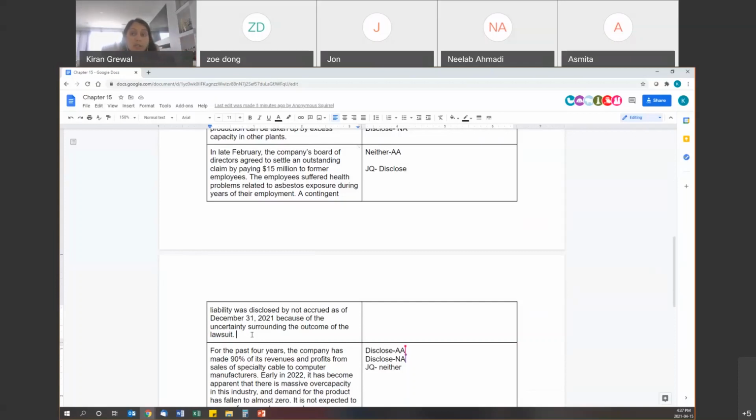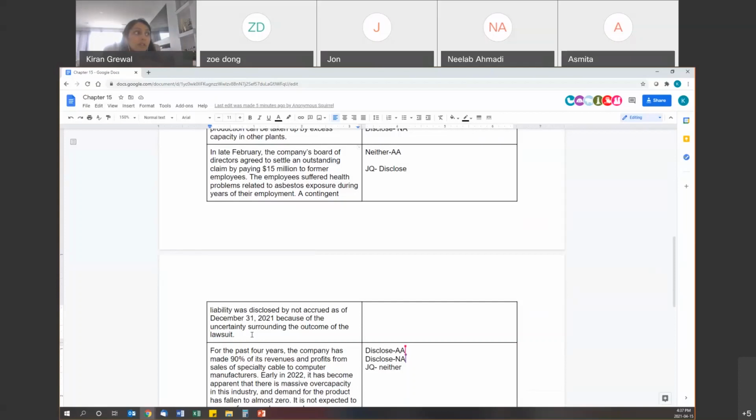And from that, the client would have to talk to a lawyer and say, okay, is it likely that we're going to have to pay out this amount? And if it is likely or probable that they're going to have to pay out the amount, then they have to accrue for it. They need to record a liability on their